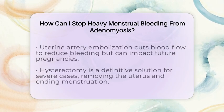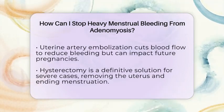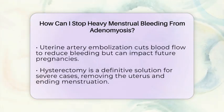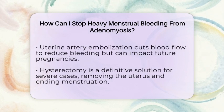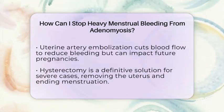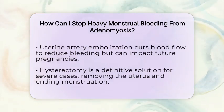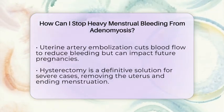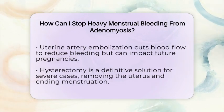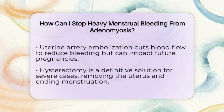Endometrial ablation destroys the uterine lining to reduce bleeding but is generally not recommended if you want to keep your fertility, as it often prevents future pregnancies. Uterine artery embolization is another option that cuts off blood flow to the affected areas, reducing bleeding and pain. But keep in mind, this procedure can impact fertility, so it's usually reserved for women who do not plan to